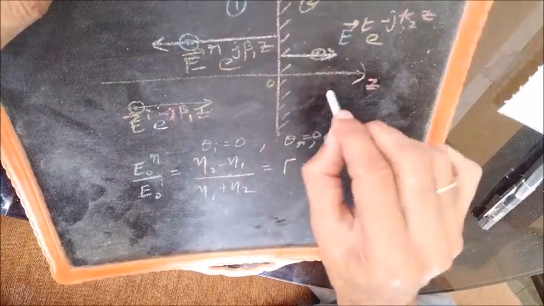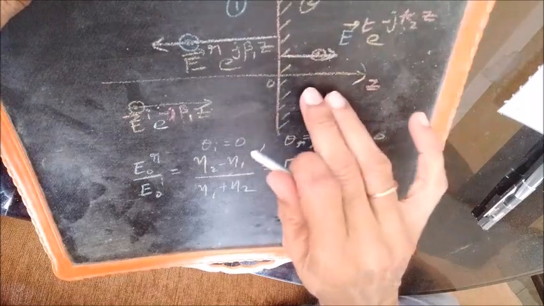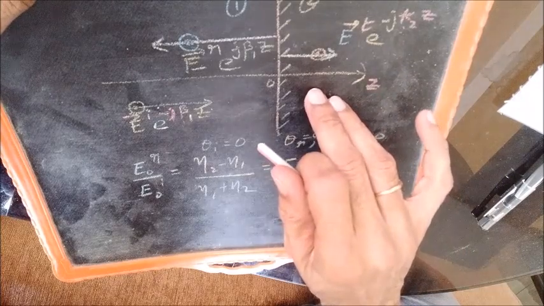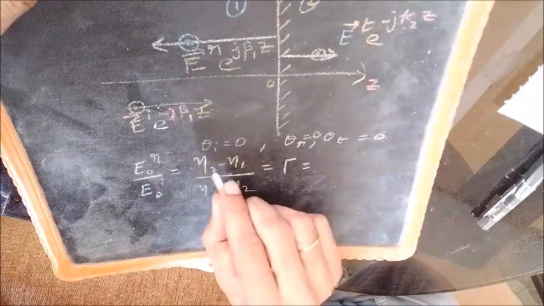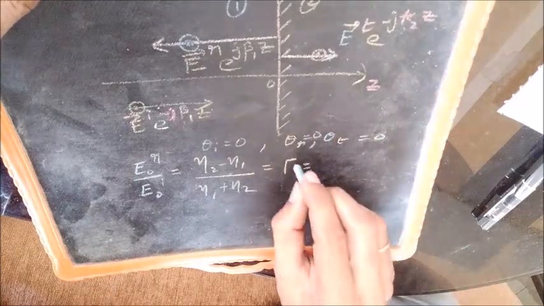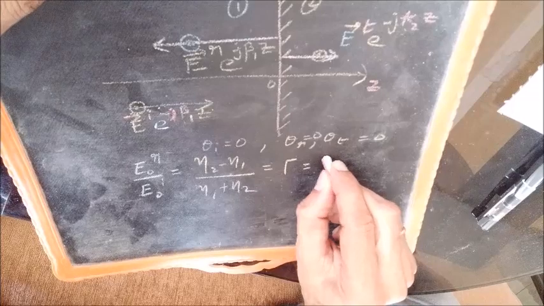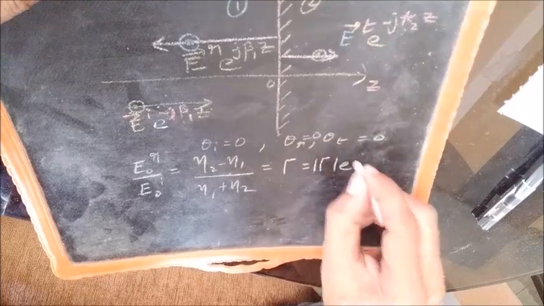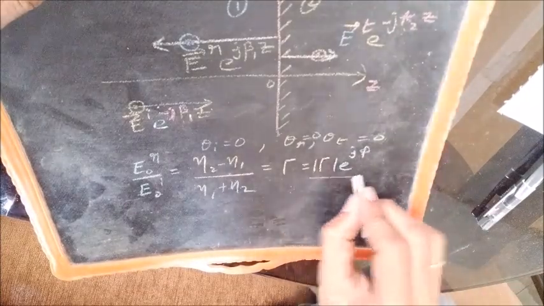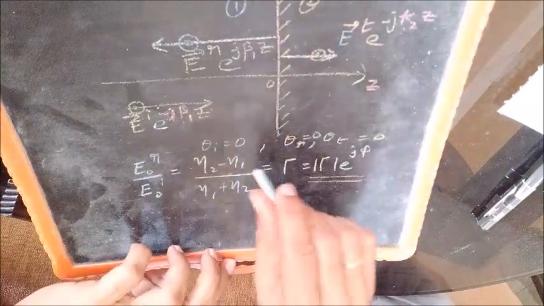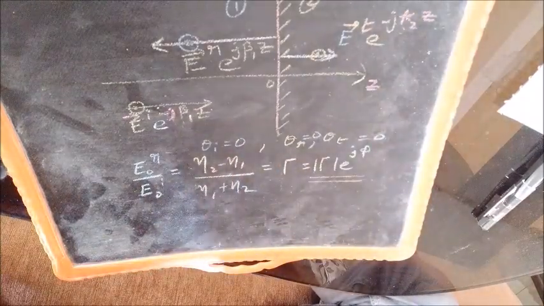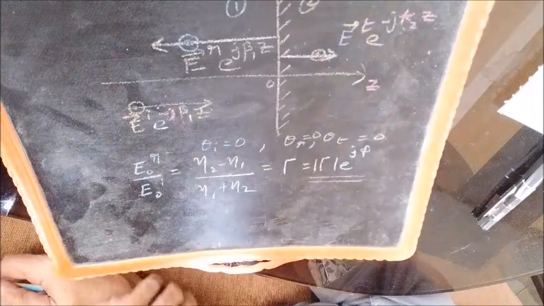Region 2 may or may not be a dielectric, so eta 2 need not necessarily be a real quantity. Hence, the reflection coefficient gamma is complex in general, and we can express it like this. Phi is its phase angle, and this is the magnitude of the reflection coefficient. We get this by setting these angles as 0 in the general reflection of plane waves which we discussed earlier for perpendicular polarization.